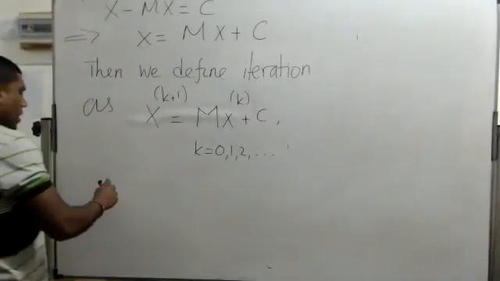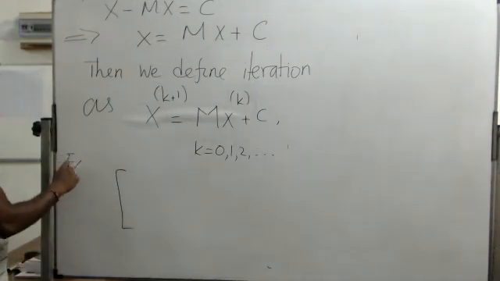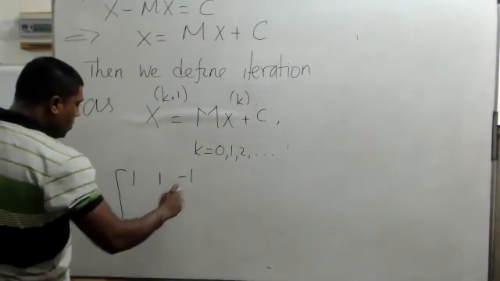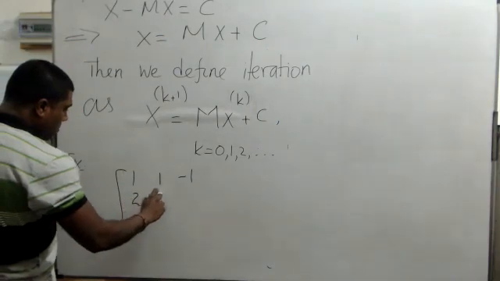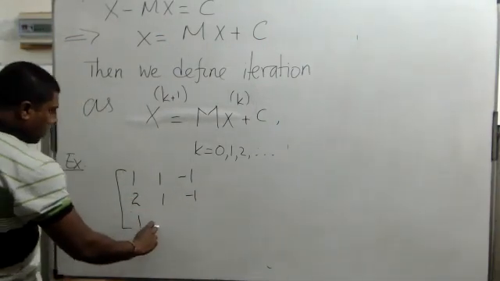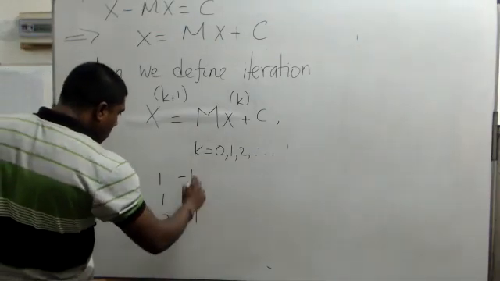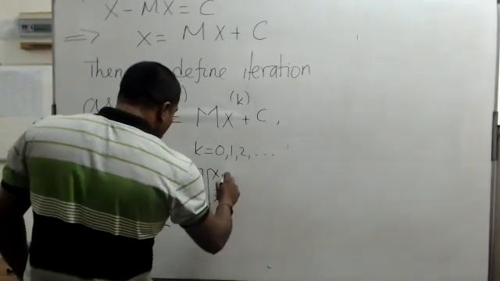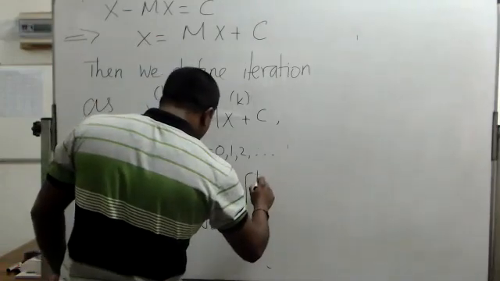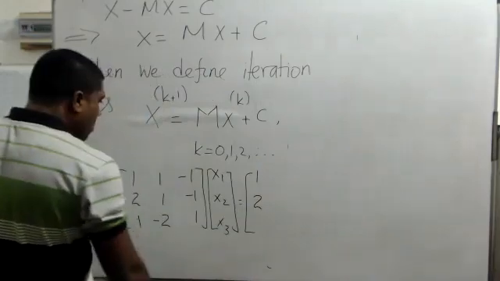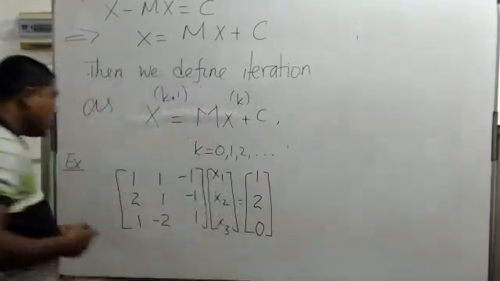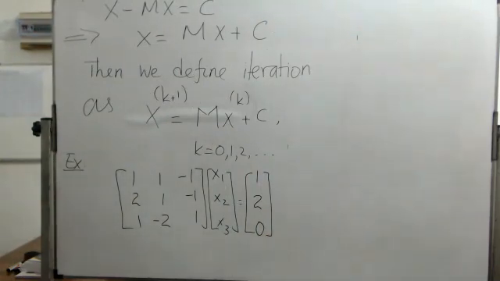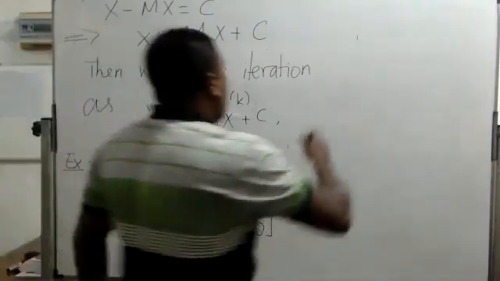Okay, so for simplicity, let me write this in this way. For example, let us say we have a system like this: 1, 2, minus 1; 2, 1, minus 1; 1, minus 2, 1. That is the system. So the question is,